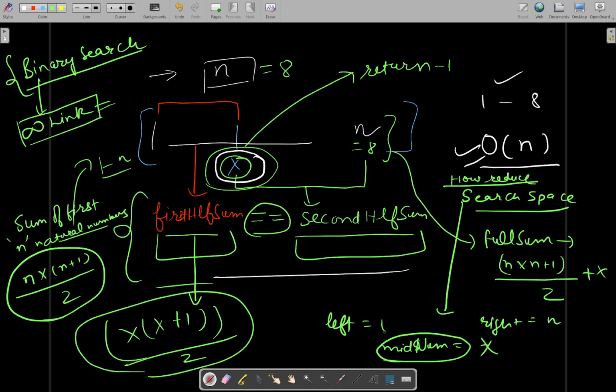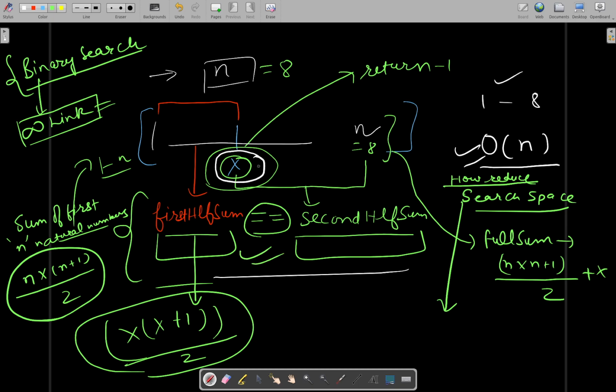Okay, so now coming back to how to reduce search space and how to return the answer. If let's say you have picked your mid num, or x, such that it is leading you to this condition, then you will very easily return the mid num or x. Okay, but if let's say first half